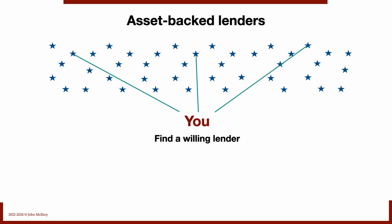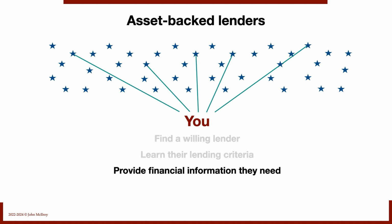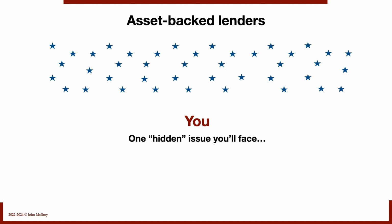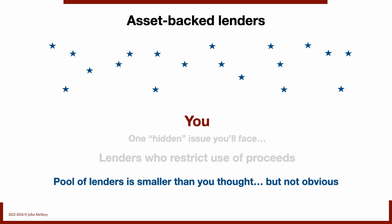You reach out, you need to make some connections, you need to establish some relationships. Of course, you need to learn their lending criteria, and you have to be able to provide financial information they need and answer their underwriting questions. So you've got your work cut out for you, but there's one hidden issue you'll face that's not obvious. Some lenders will restrict the use of proceeds, i.e., there are lenders out there who won't issue acquisition debt. So the pool of lenders is actually smaller than you thought it was,